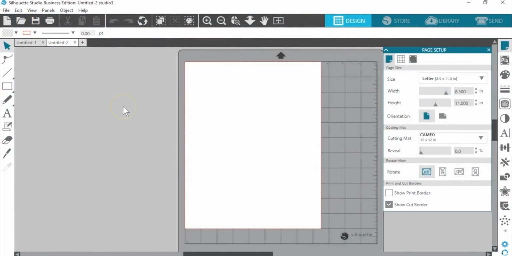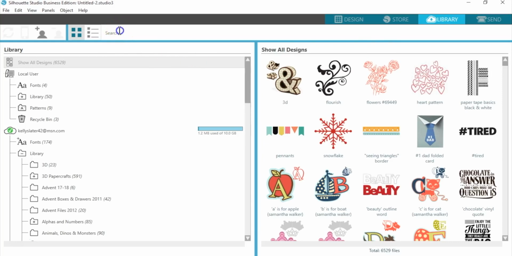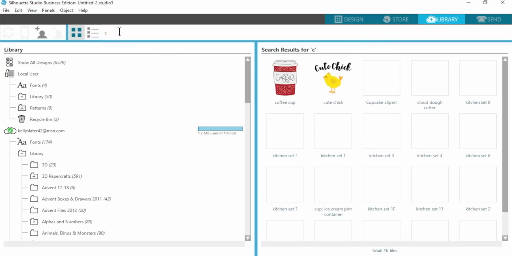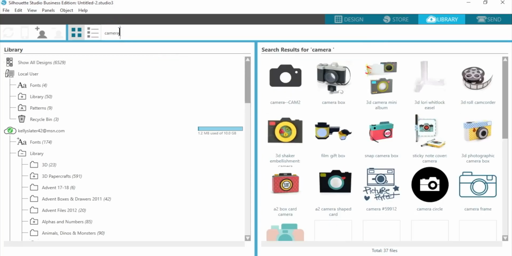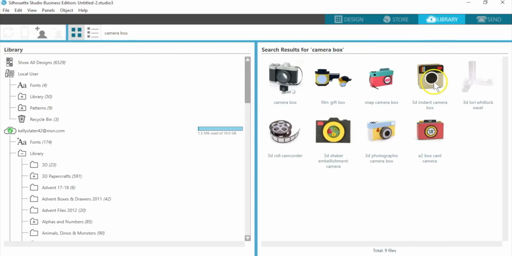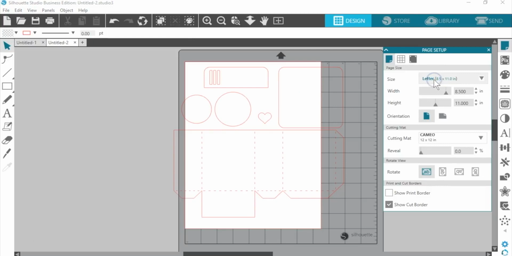I've purchased a design called 3D Instant Camera Box from the Silhouette Design Store, so it's been added to my library. We'll go to the Library Navigation tab, and we're just going to use the search for camera box. And when I find the design I want, I'll just double click to open it on my design page.